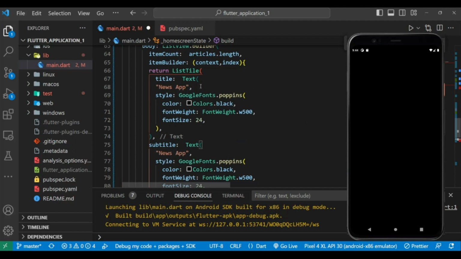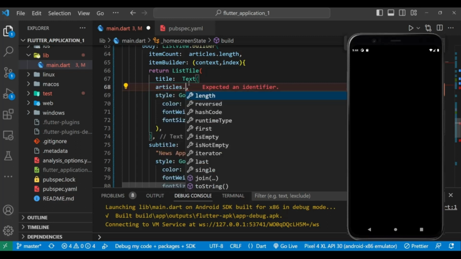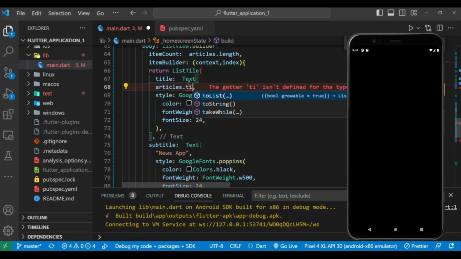So let's change this. For the title, we call articles dot, and inside articles we have the title. For resolving this error,